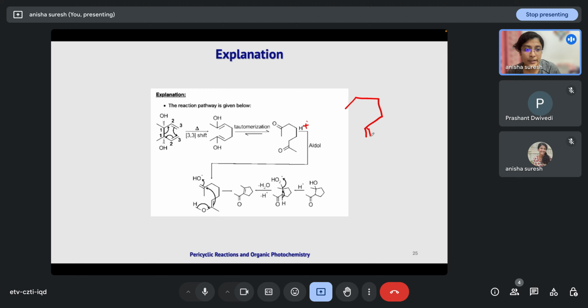This will be forming an enol again. In the presence of acid, an enol will be formed again, and this ketone will be protonated, and then the aldol reaction will result in the formation of 1, 2, 3, 4, 5, a 5-membered ring